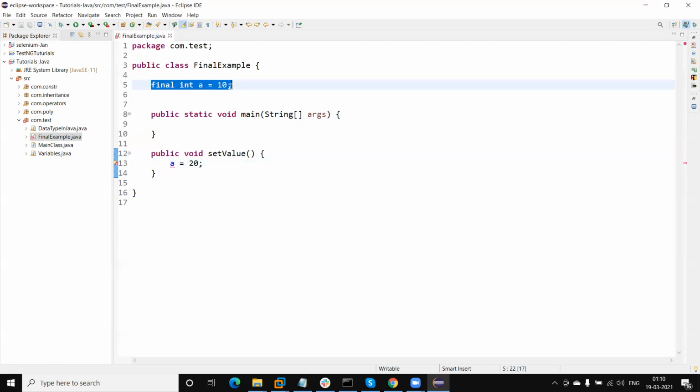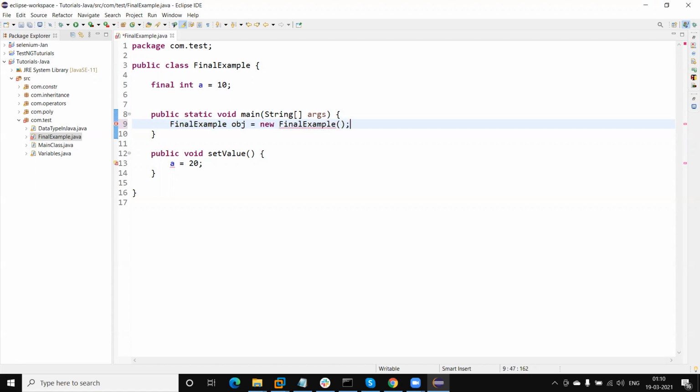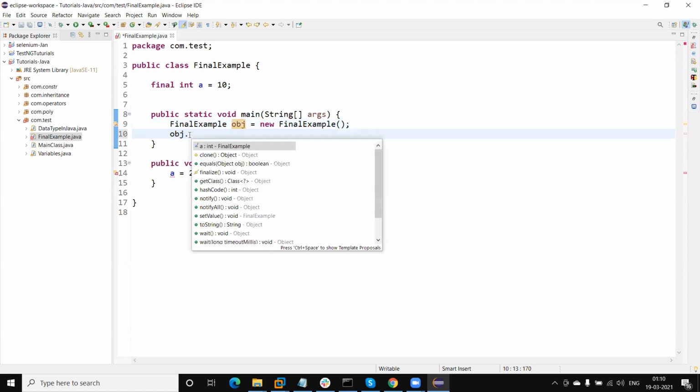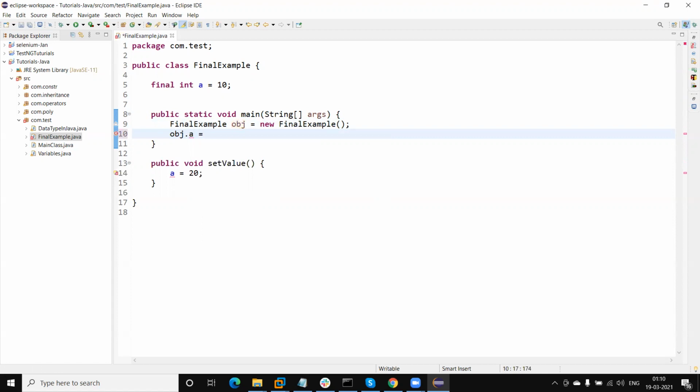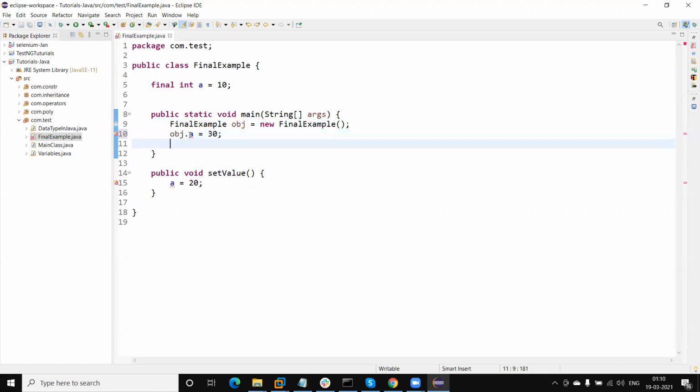Final means this will work as a constant. Once we initialize the value, it will work like a constant. We cannot change the value of this variable. And if I create an object and again try to change the value of a using the object, we cannot change it.